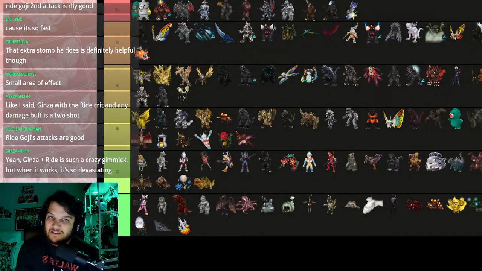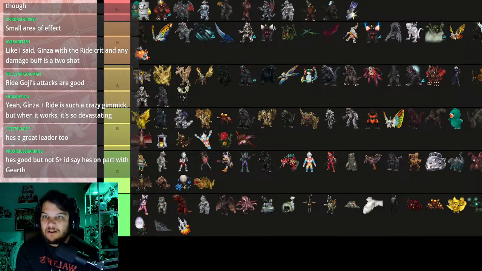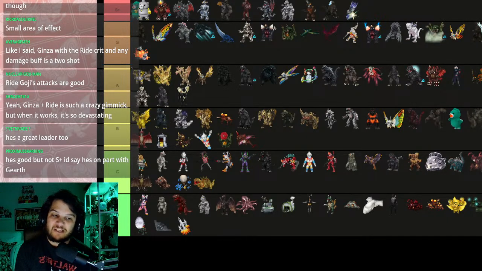Also, the crit stacks. Not a lot of abilities in this game stack. I have an old video talking about how buffs stack. Not a lot of buffs in this game stack. Like, if you place Biollante in water, she gets an 80% damage boost. If you place Batra on top of Biollante, that 80% damage boost gets replaced by the 30% or whatever it is from Batra. If Biollante is in the water with an 80% boost, and then you place Godzilla the Ride on top of that Biollante, Biollante now has a